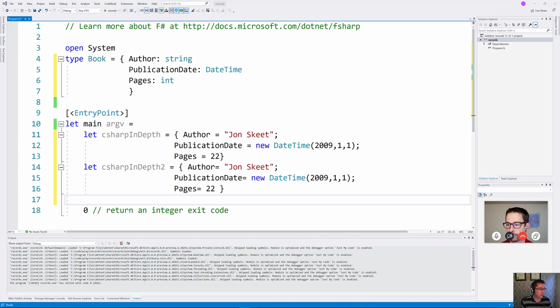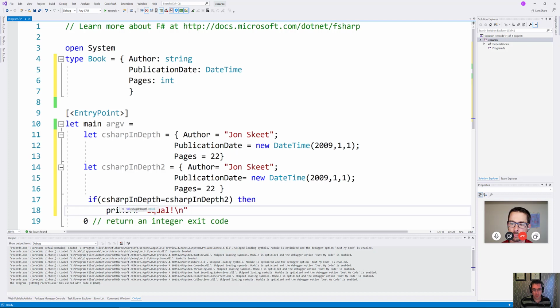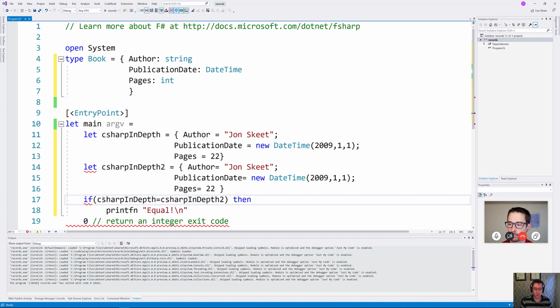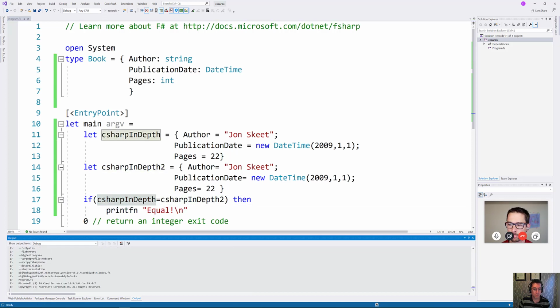So I'll just put an if statement in here. And we'll just do it like this. So we're saying if C# in depth is equal to C# in depth 2, then we're going to print equal here. So typically in something like a C# class, this would not be true because this comparison here would be a comparison of the object pointer as opposed to a deep equality. But if we go and run this,